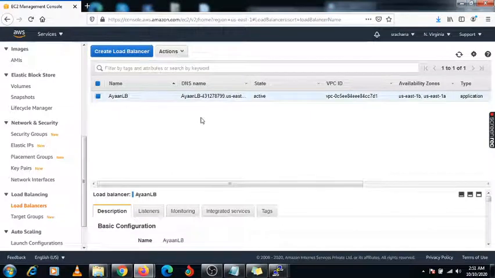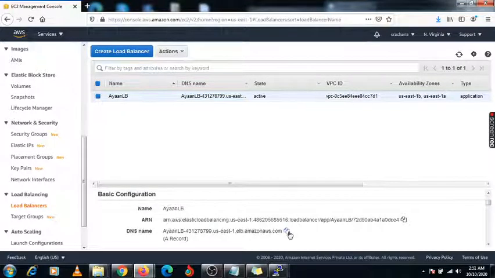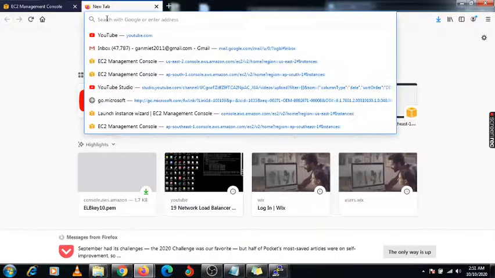Now my connection is active, so go under this description and copy this DNS. Paste it in the browser and check whether it is working or not. It is working for server 1 and server 2, and we need to check whether server 3 is reflecting or not.